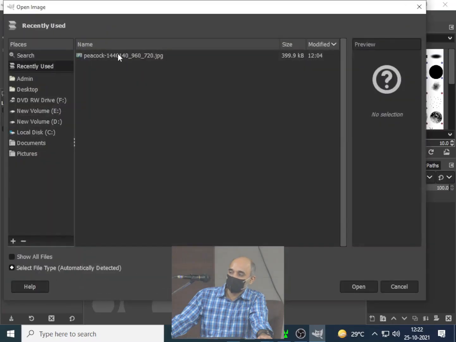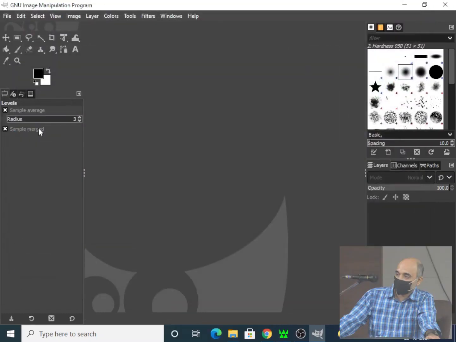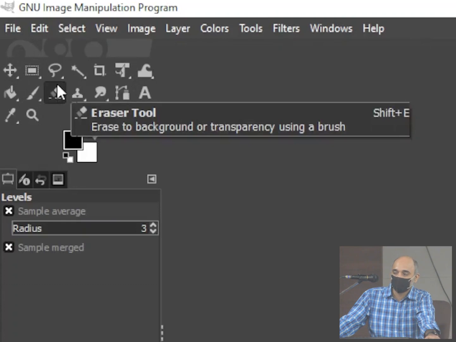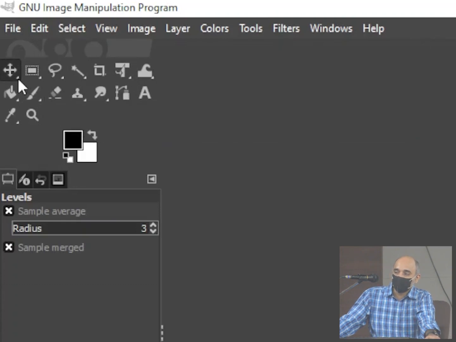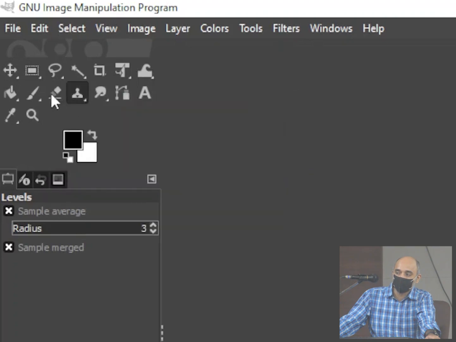And you open the image in the same way like you go to open. Let me explain the interface to you first. You know what this is, right? Yeah, this is GIMP. This is what you get. What are these? These are called the tools that you have here on top. All of you opened it on your laptops? Okay. So when you click on the small arrow here, you'll find that there are some more tools also sometimes. Here there is a rectangle and there is an ellipse also.